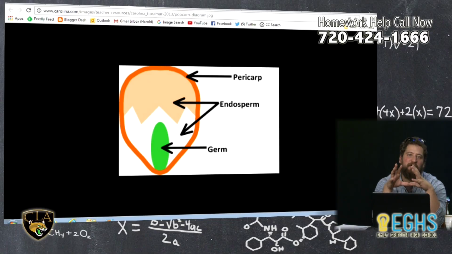So in order for a popcorn kernel to be poppable, you need to have like 12 to 15% moisture inside of the popcorn kernel. And so if you put your popcorn kernels in a pan, heat up the pan with some oil, you will be heating essentially the contents of the kernel. You'll be heating the water inside, and again, it's going to be liquid water at room temperature, but as it gets heated up, that liquid water is going to expand and convert to a gas,